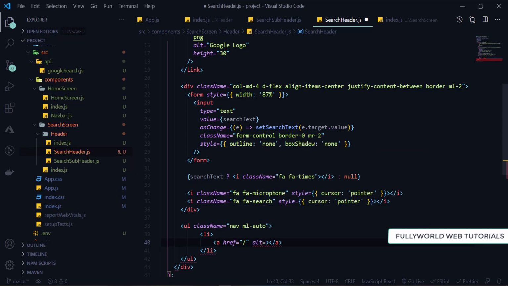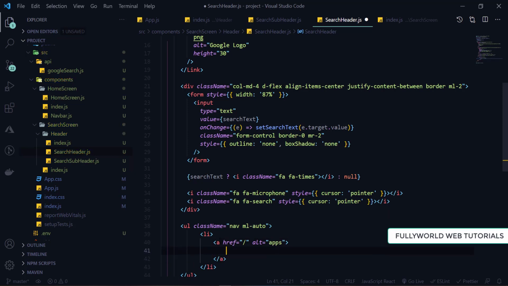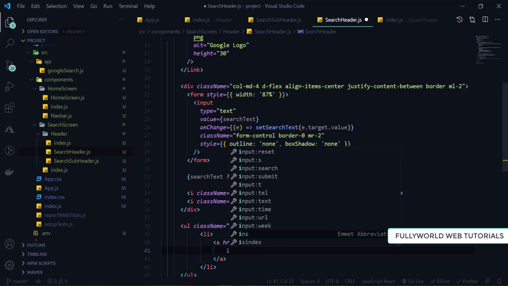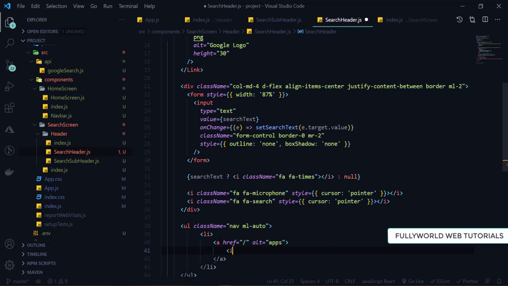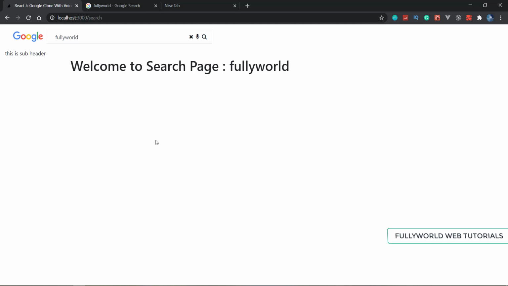Here class name will be FA, and when I save it, let's see how it is looking. So see that it is looking like that, and it is looking good. Here I'm going to apply this also, copy this and paste it, and instead of this here I'm going to use user, and then here margin right will be 5.